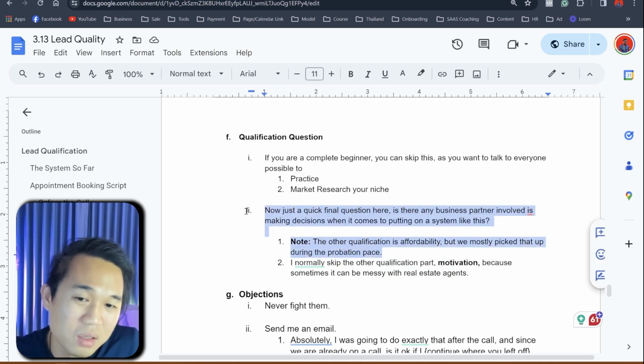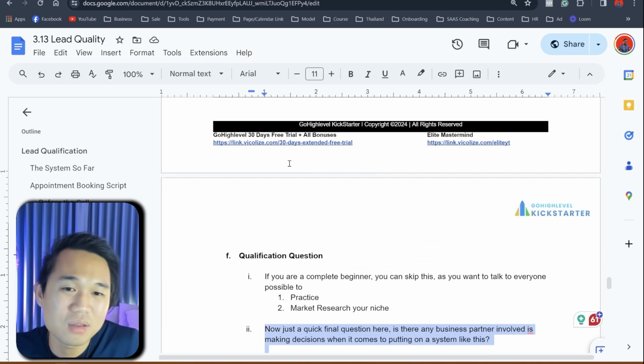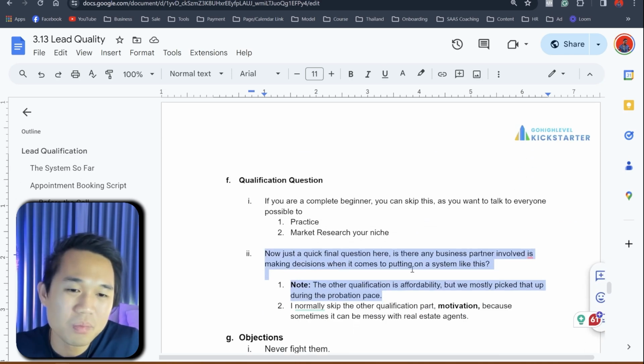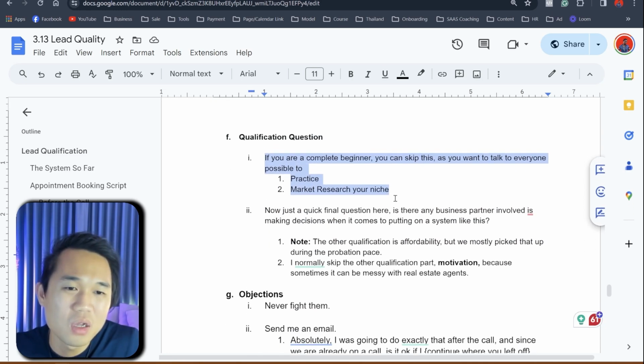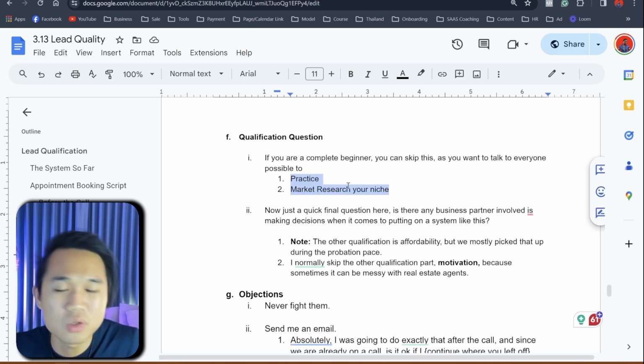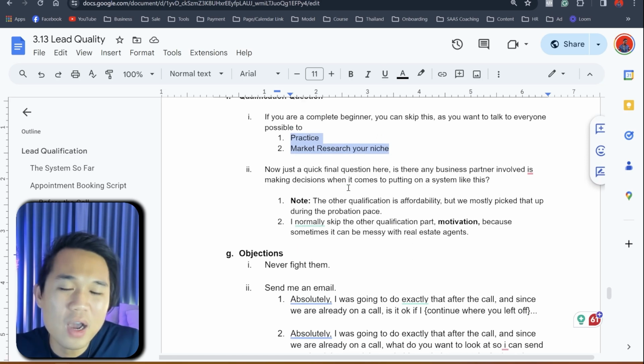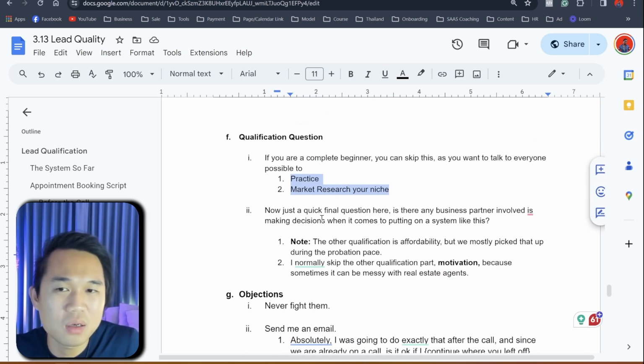But I'm gonna add the qualification process at the end after I ask them to watch the testimonial, right? But you can add it anywhere in the scripts, up to you. Now, what I'm saying is that if you're a beginner, please skip this part, because you want to speak to anyone at this stage, to know the marketplace and to actually practice, to do market research and to practice. You can go ahead and skip this part, but eventually you need to actually ask